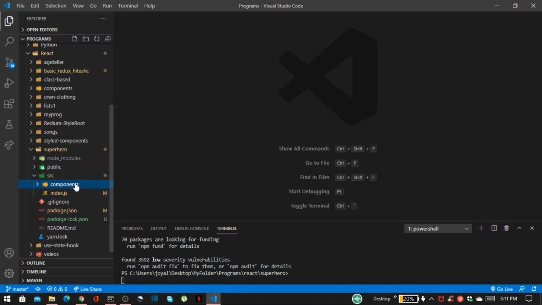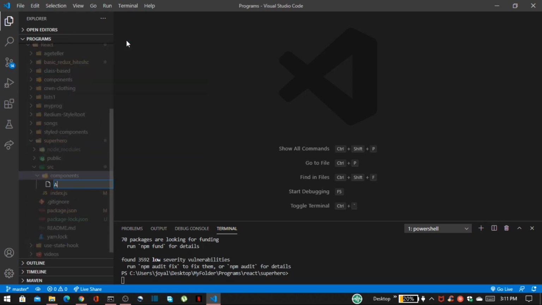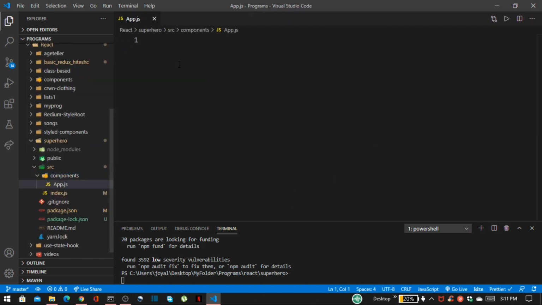Inside this components folder, our first file name is app.js, and inside app.js we have to import react and component from react, and we have to use a class based component.